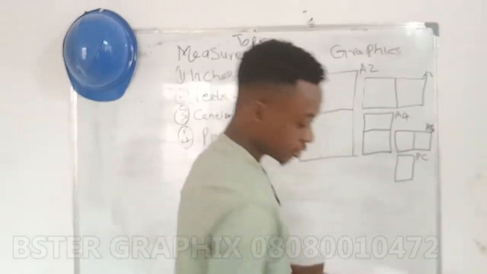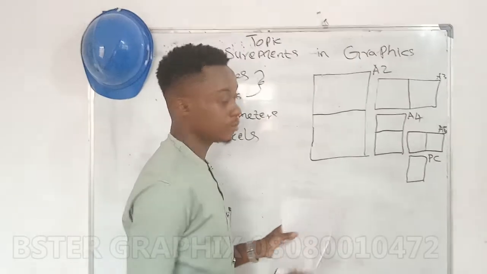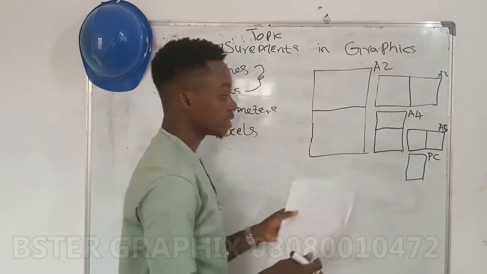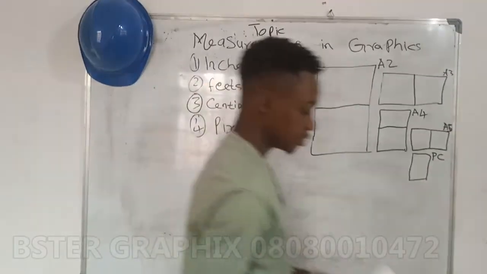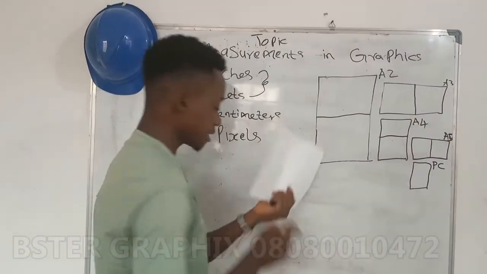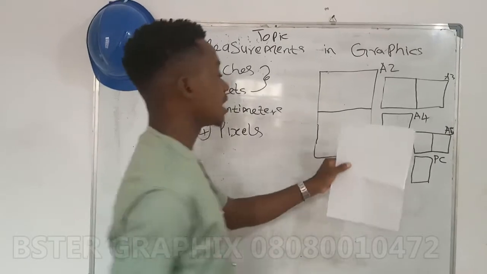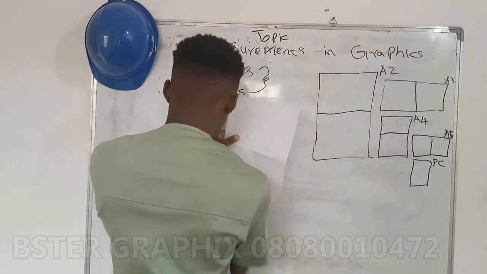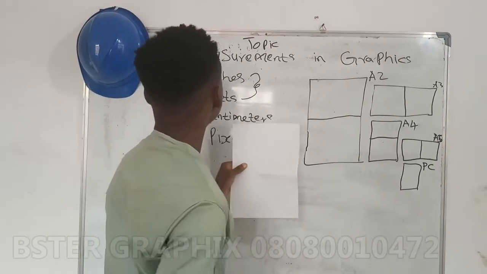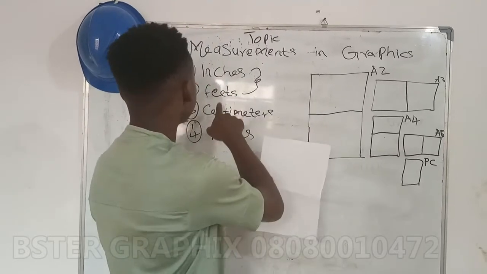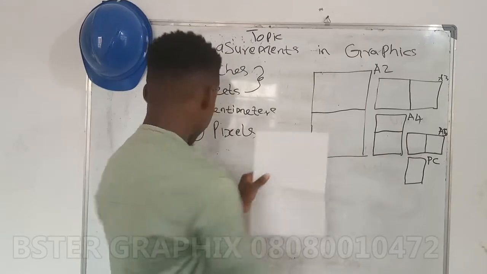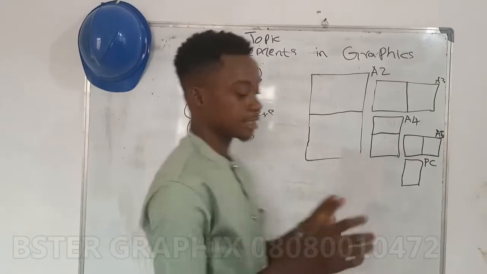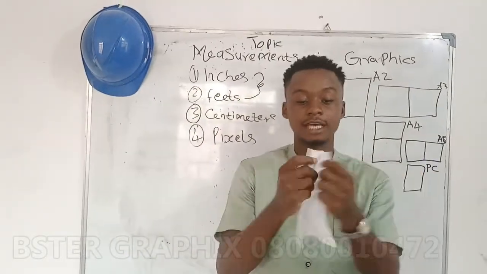But it's quite unfortunate that I don't have all this paper here with me, but I guess you still understand what I'm saying. This is A4 size. Okay, let me show you. This is A4 size. As it is now, I don't know the measurement of this A4 paper in inches, feet, centimeter, or pixel. I don't know the measurement here. But this A4 size, I want to show you that if I divide this A4 size into 2,